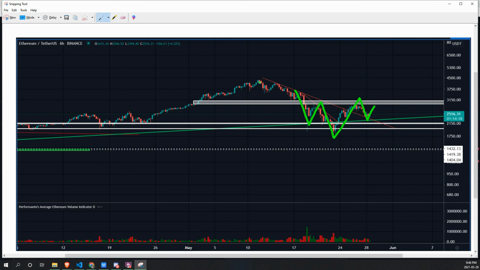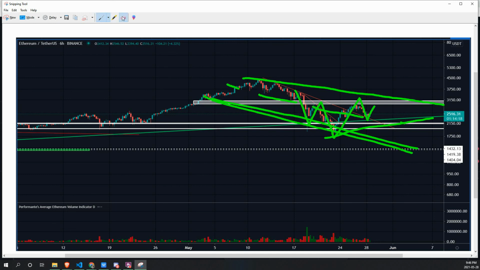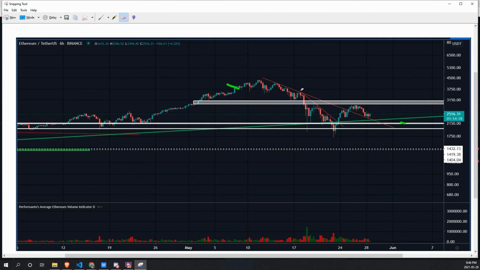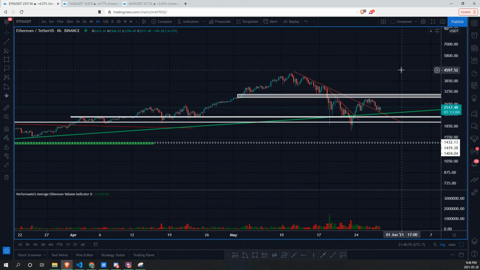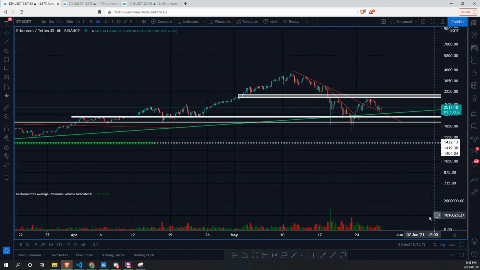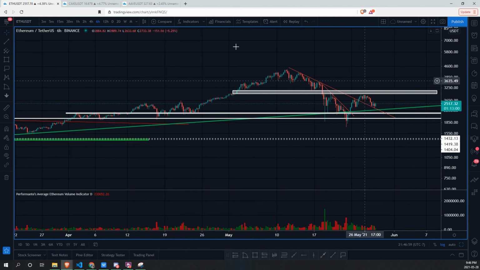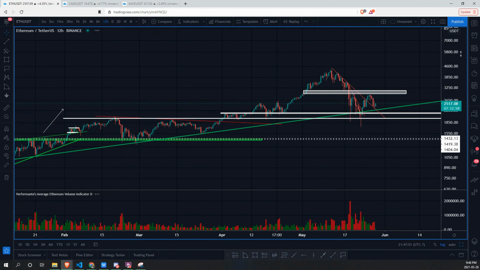Now, like I said, I think because Bitcoin has a little bit of a while to go, this could be a larger setup like so. We don't exactly know. It could even be like a descending zone like this, where you're getting a midpoint right here. We don't exactly know how the formation is going to be coming into fruition just yet, but I think BTC is the one to look at right now, and then once it sets up and is looking a lot more primed for a potential move, I think altcoins will be looking a lot better.